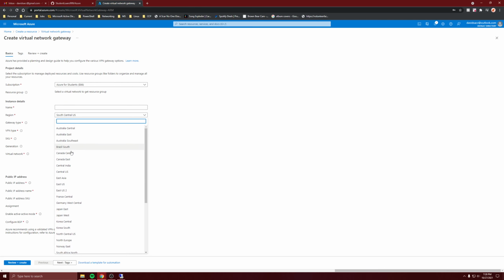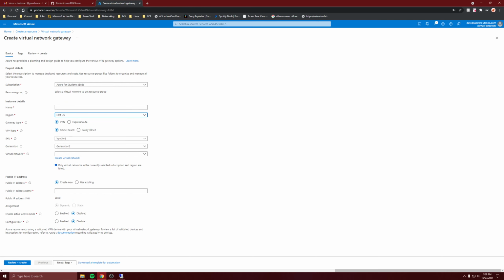Region, change it to East US. Let's call it VNet gateway, and I'll leave it as VPN, since we only need ExpressRoute... I'll leave it as route based,